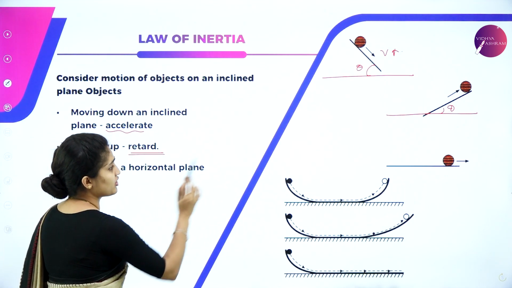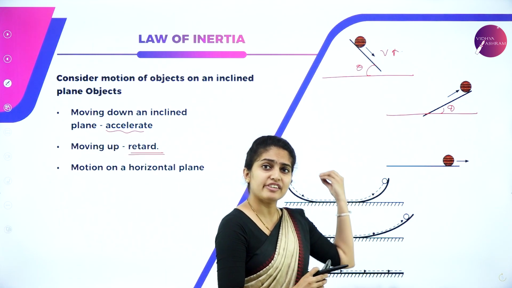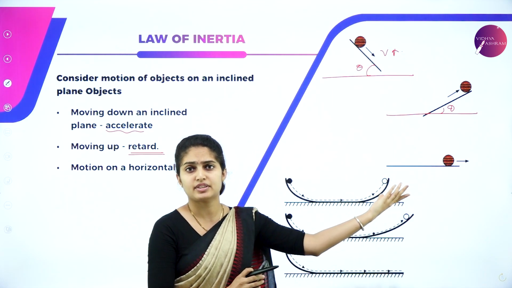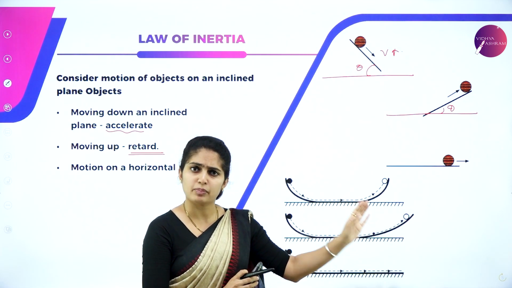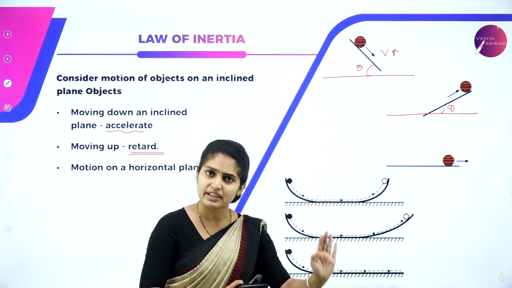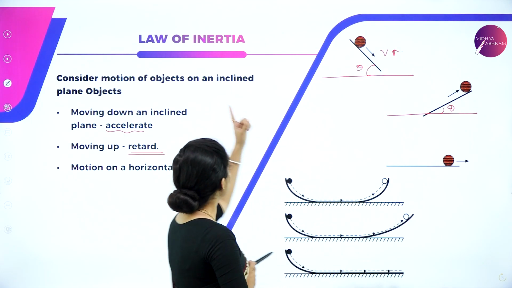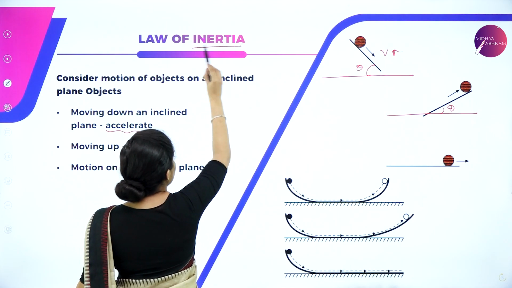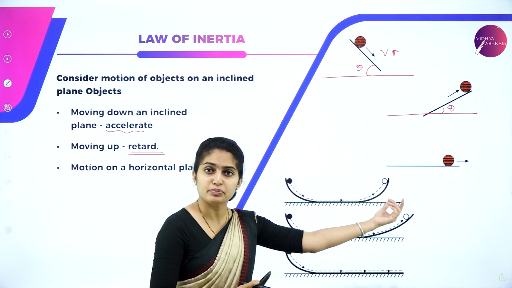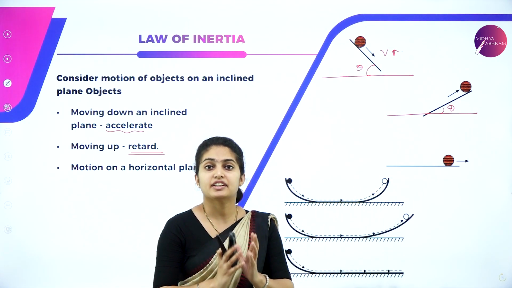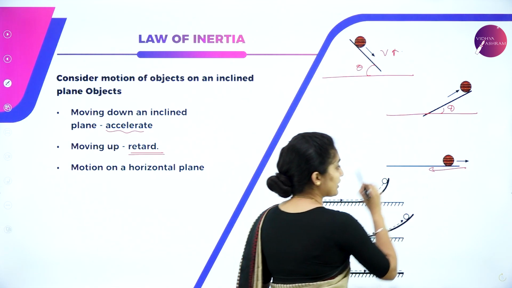And motion in a horizontal plane. As you move the body, it moves. But it doesn't move till infinite distance. It moves until some force is there for it to stop. For a particular interval of time it will move and finally it will stop. That stopping is due to the friction caused. The ball continues to move till it is stopped by the friction caused in the opposite direction by the floor.